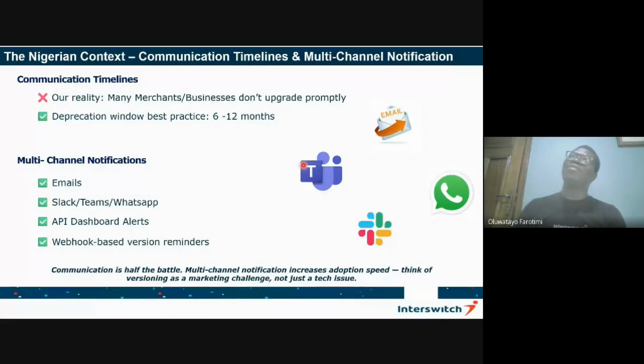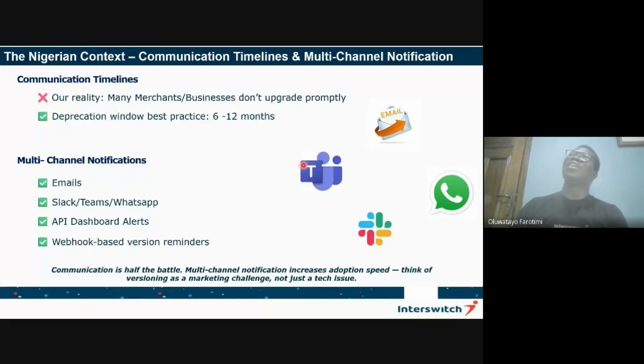So remember, you've not even started writing code, but because you have digested the communication from the regulator, you have also started communicating to your own consumers, so that by the time you are done, it's not a case of, "Oh, we were not aware when you started writing this code." So you have communicated early enough, you have been proactive with regards to your communication, and then there are different